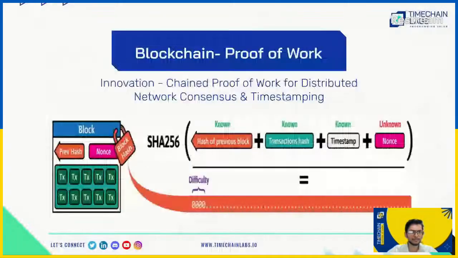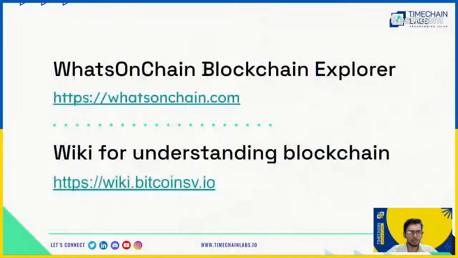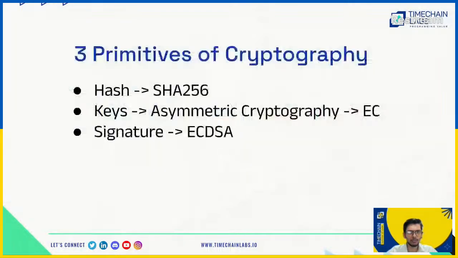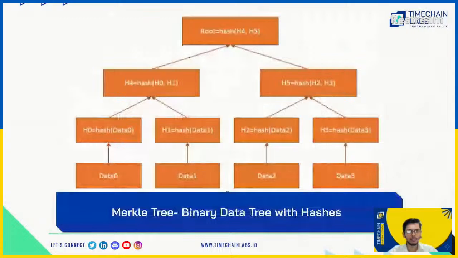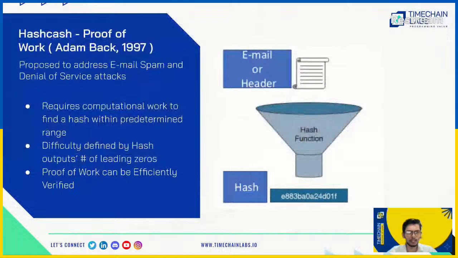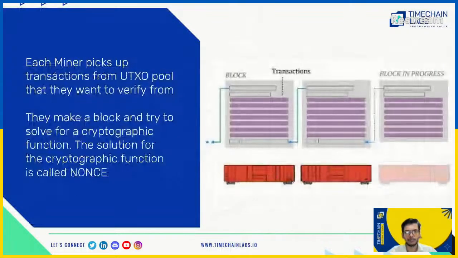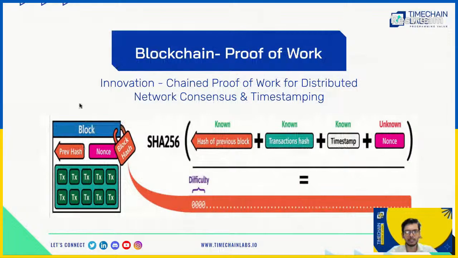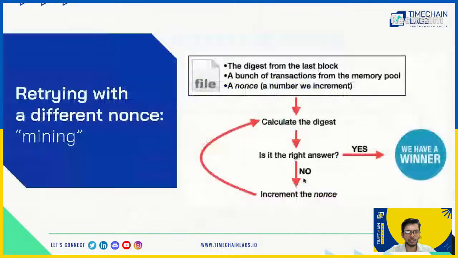So what we were going through was this WhatsOnChain explorer, and we went through the block headers. What you need to understand is the hash, as I pointed out. This is the Merkle tree I was telling you about, the binary tree, and the block headers are connected with the chain of hashes. The block header is created by having the previous block hash, the current Merkle root, the timestamp, and the nonce joining to create the block hash, which is representing the blockchain. The difficulty is the number of zeros. Let's just go quickly so that we are not repeating. You're getting the context since we missed the slides.